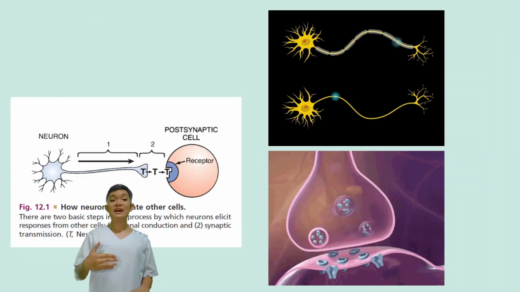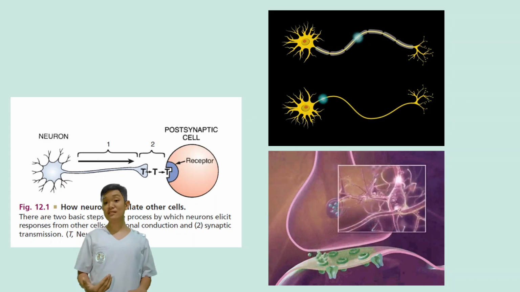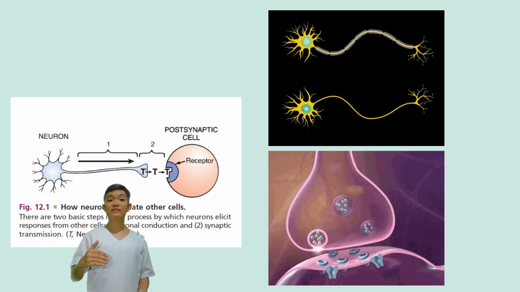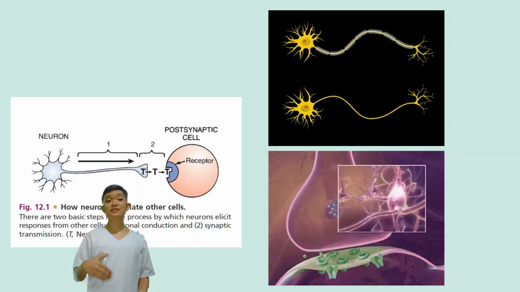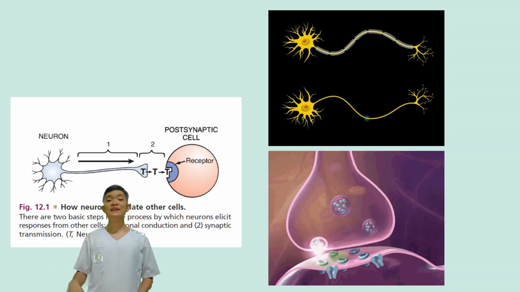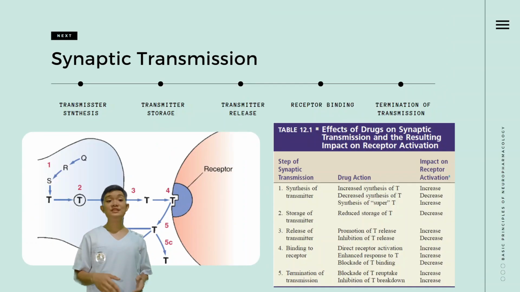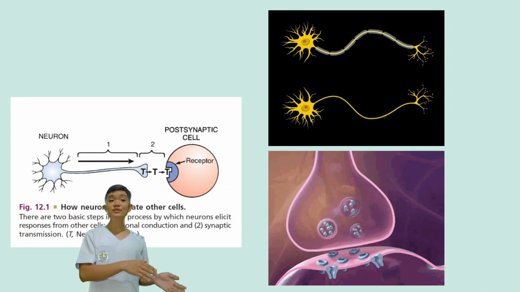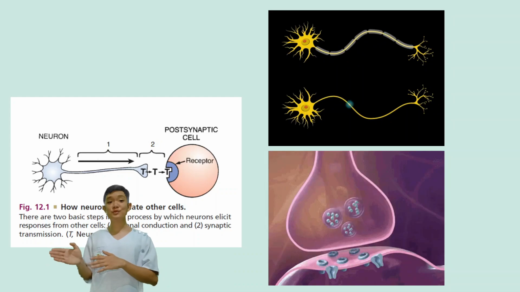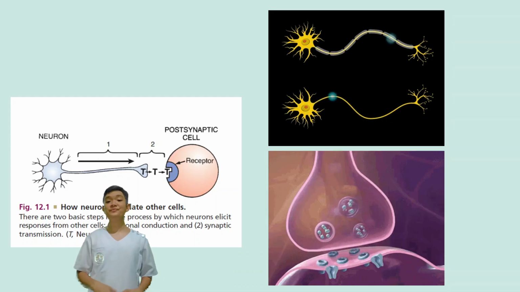Axonal conduction is like an electrical signal traveling down a wire in a neuron. This signal travels down the axon. Synaptic transmission is like passing a message from one person to another. In a neuron, the message is passed from the end of one neuron, the presynaptic cell, to the beginning of another neuron, the postsynaptic cell.